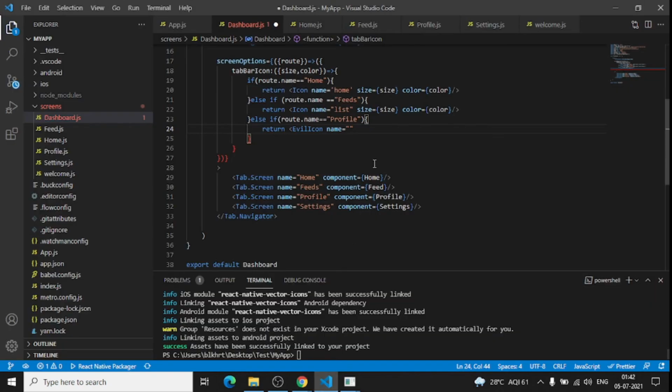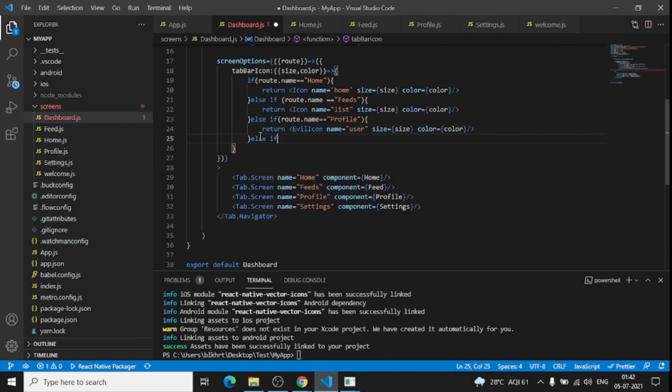Okay, user. So size would again be size, and color would be color,